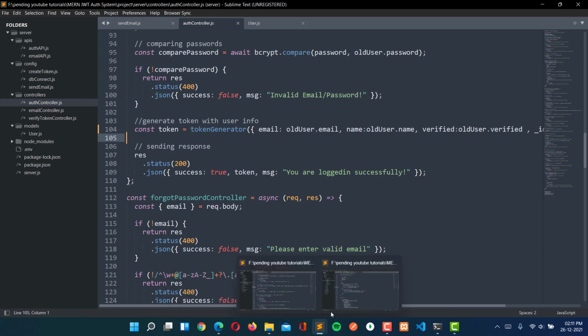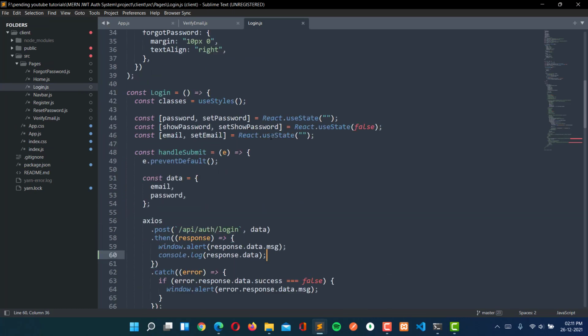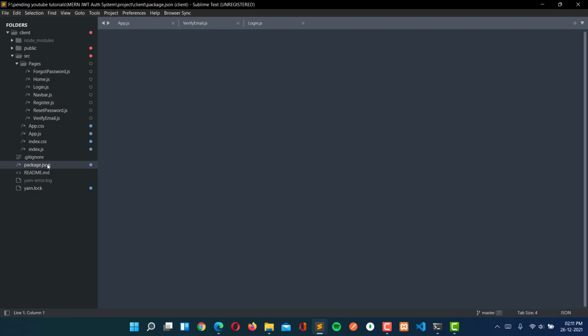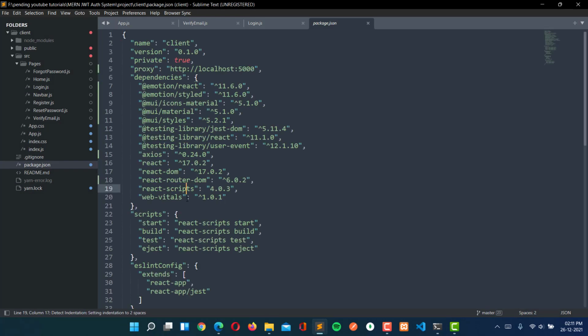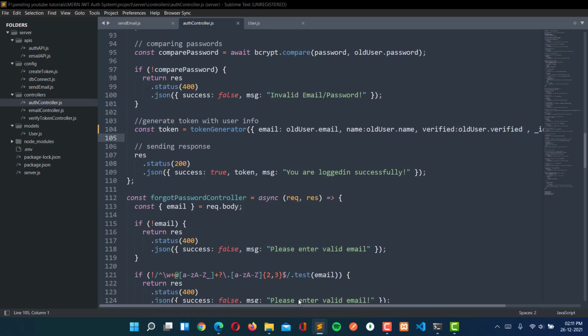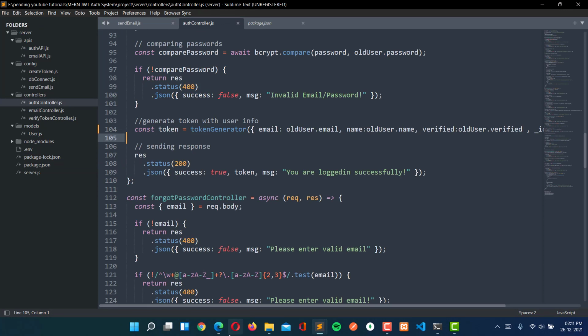So now let's first of all decode the token. To decode the token, we will be using jwt-decode. Let's go to the package.json and see if we have installed this or not. We have not installed it. I think in the server we have installed it, but in the server we also haven't installed it.